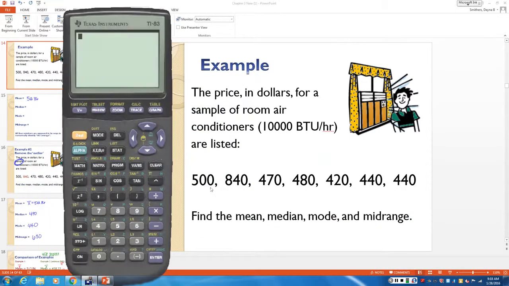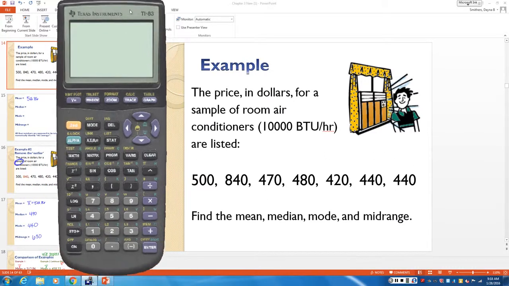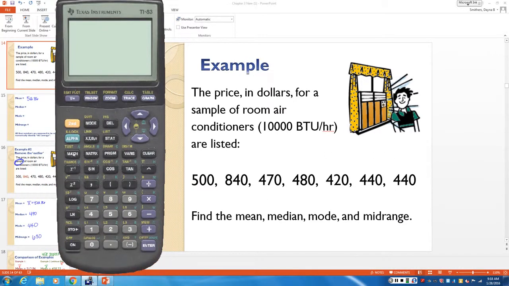So let's go back just to the very first example here. How can we quickly get all of our answers for our first list? Here's what I want you to do. If you need to jot this, you don't have to, the instructions are in your notes. You press stat, okay? You're then going to right click and go over to,